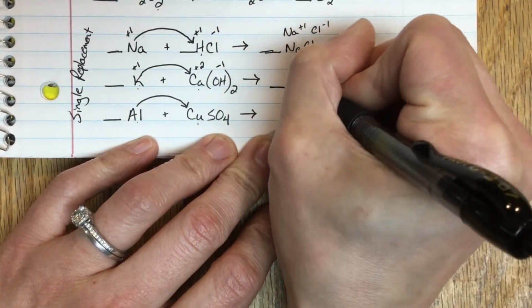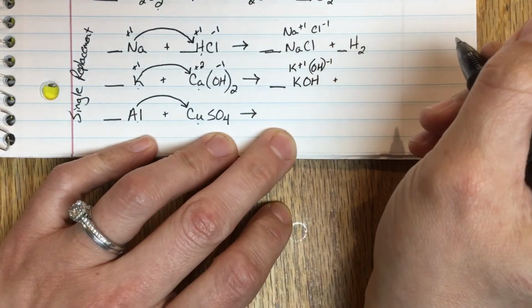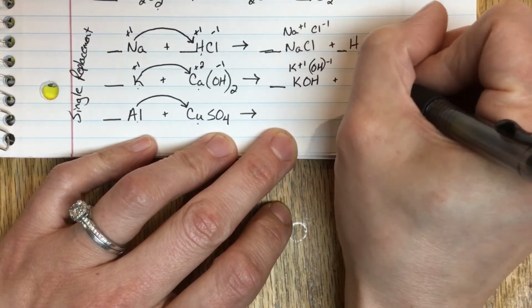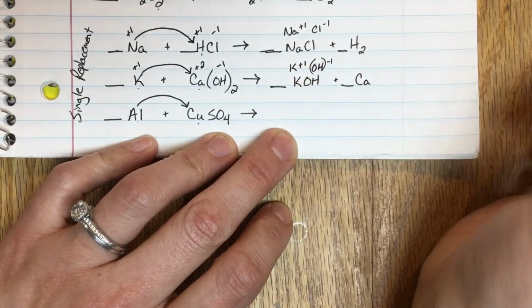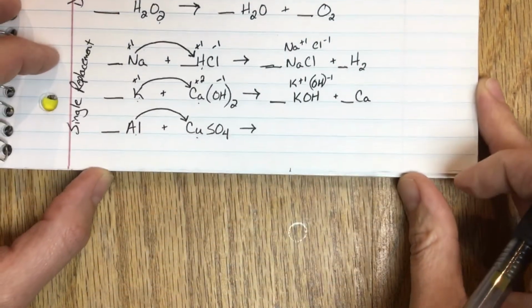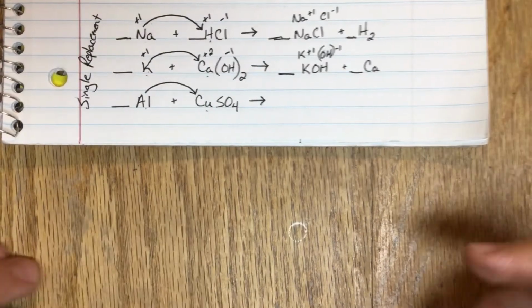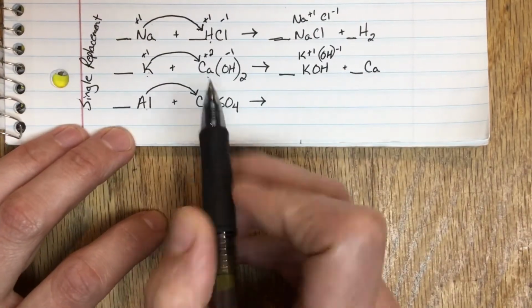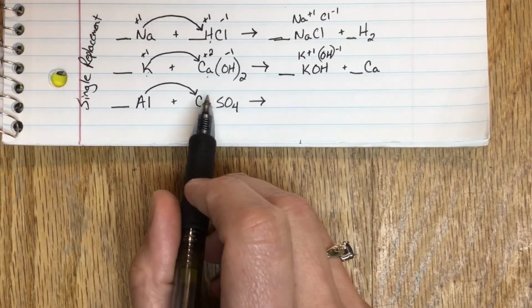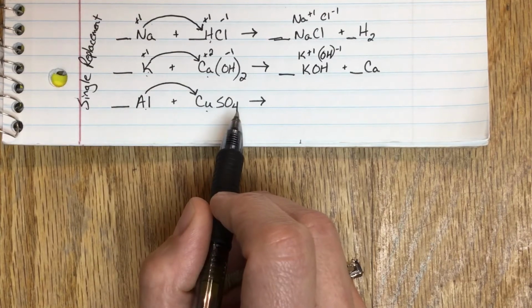Here we have potassium hydroxide, and then I'm going to be left with calcium by itself. Now, calcium is not part of the Brinkelhoff buddies, so calcium is just left by its lonesome, doesn't need a 2 or anything else. Last, aluminum and copper. You guys should know if this is going to happen because this was in your, what was